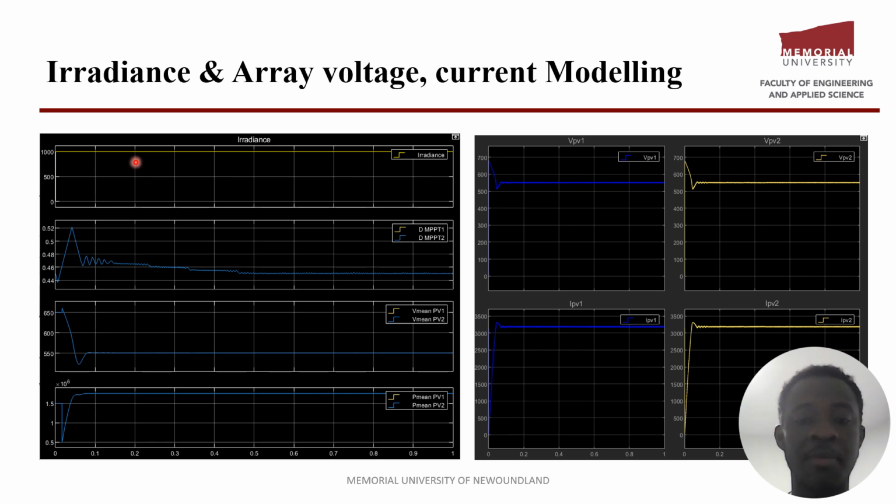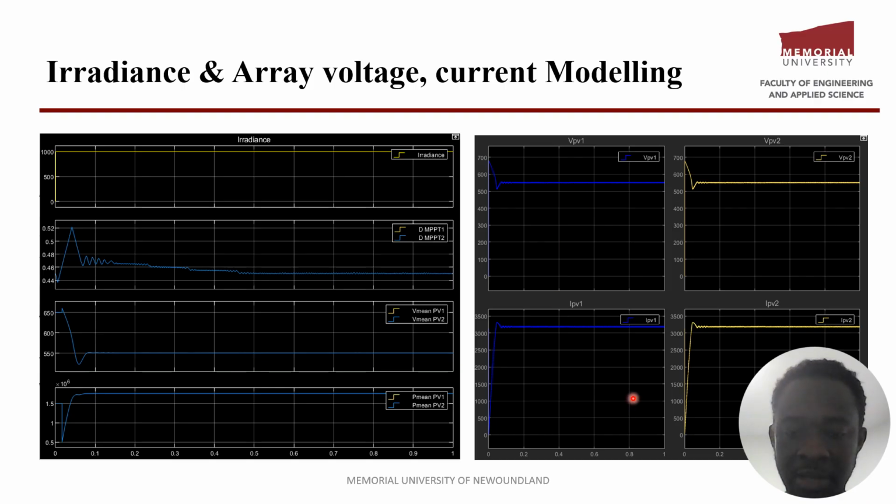Now, this diagram shows the irradiance, array voltage, and current of one PV array. On the left hand side of these two pictures, we see that each array's irradiance was set to 1000 watts per square meter, and to maintain the output power of about 1.756 megawatt, as can be seen here where the pointer is, the duty ratio of that array was adjusted such that it was about 0.45,